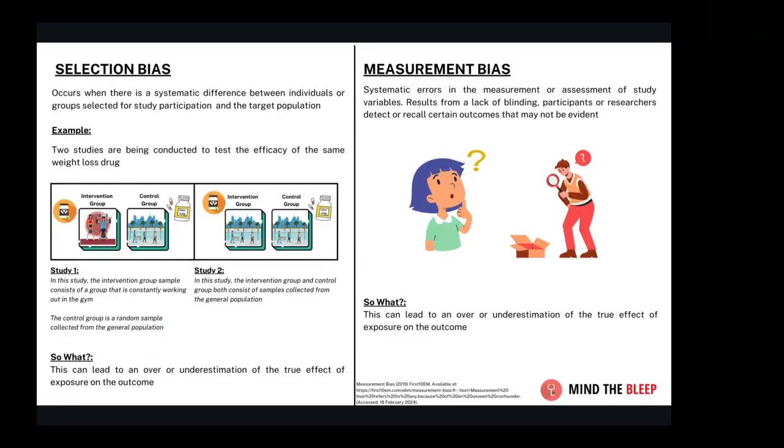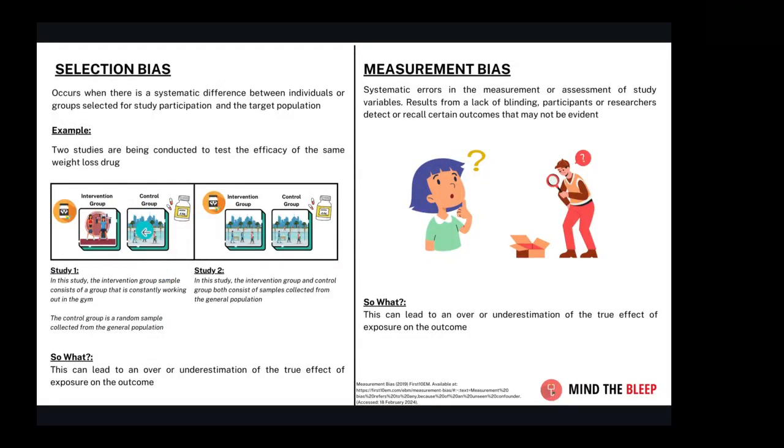If you were to conduct a study where you have a control group and an intervention group, the control group will get a sugar pill, for example, a placebo, and the intervention group will get this weight loss drug. Okay? If you were to select people who are active in the gym, working out, and are very physically fit in your intervention group, and then select a random group of people for the control group, this would be considered a selection bias